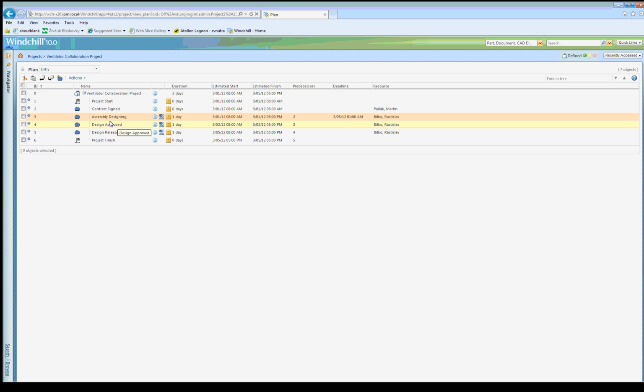So you can define the project plan, which is composed of activities and milestones, and you can define the resources for the activities, and if you are a resource for a specific activity, you can see this icon, track work for selected activities,